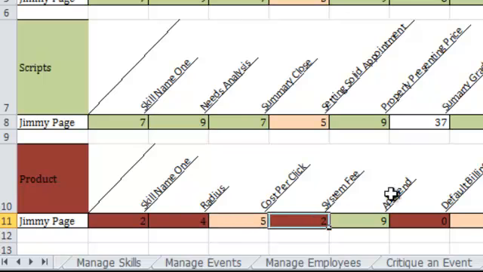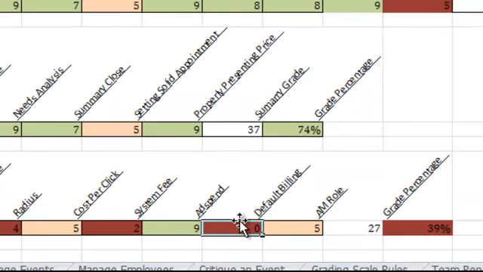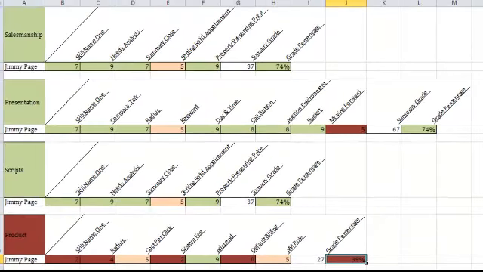He does great, or he does horrible on the system feed, tries to hide it. He's afraid of it, but does great on the ad spend. Got a 0 on default billing, so no wonder that his welcome calls are having issues. Describes the account manager perfect, but overall his product area needs to be improved ASAP, and this system will help